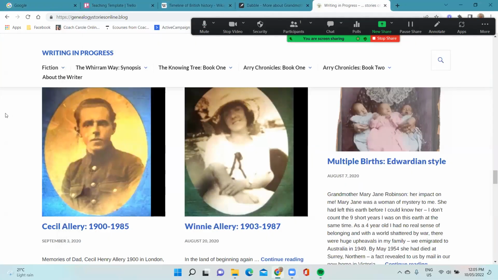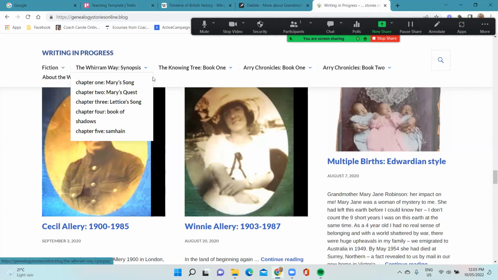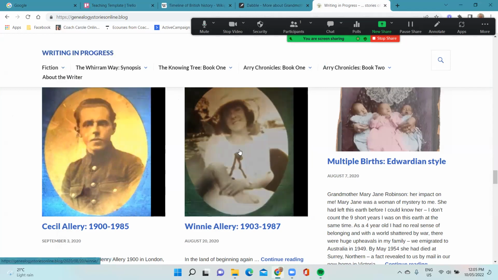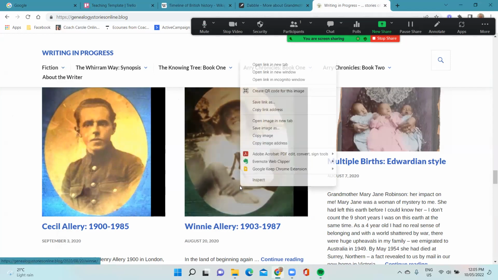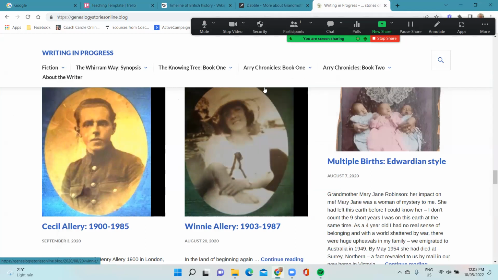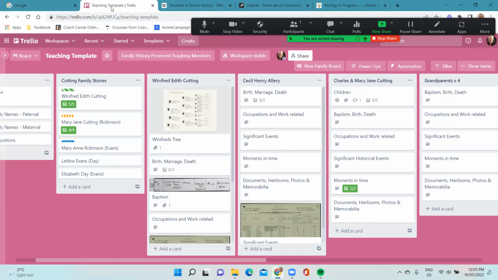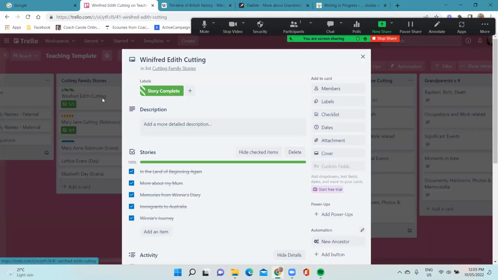Here I am looking at the blog posts in my blog site called Writing in Progress, and I want to find out what the link is for this story for my mum called In the Land of Beginning Again. So right-clicking on that, I can copy the link address and then go back to my Trello storyboard, go into the card where those stories are gathered,